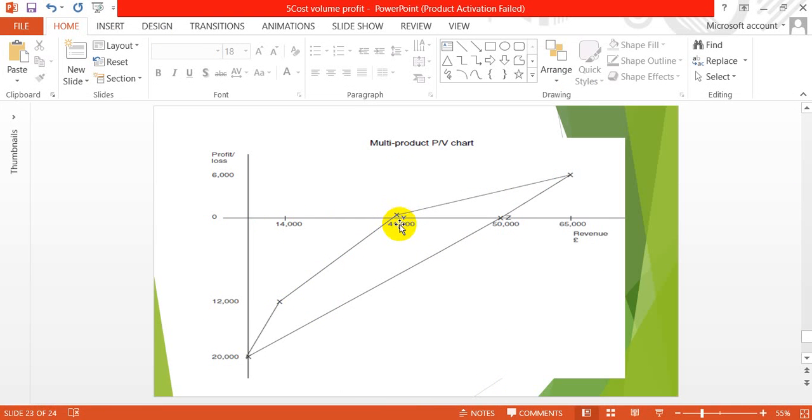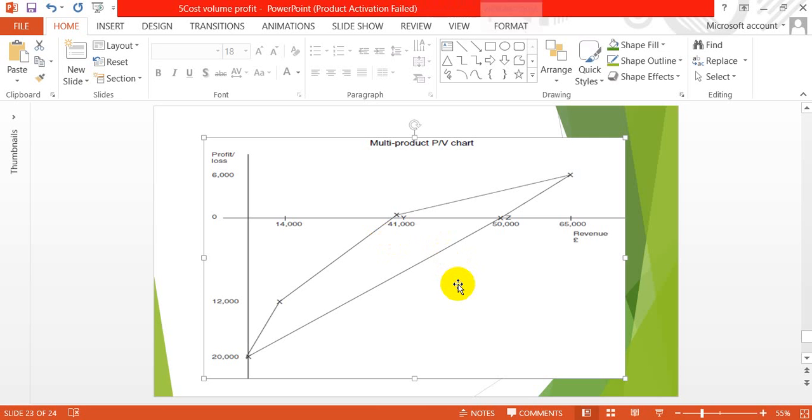The Y is a break-even point based on the individual products, starting with the one with the highest CS ratio. Again, you want to start with the one with the highest CS ratio because then you reach your break-even quicker with that combination. So this brings us to the end